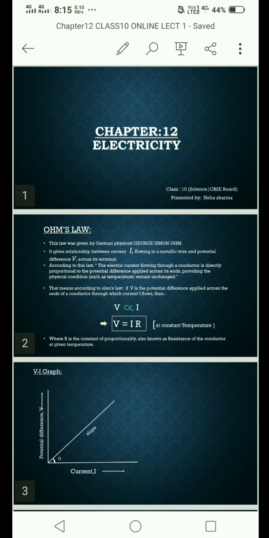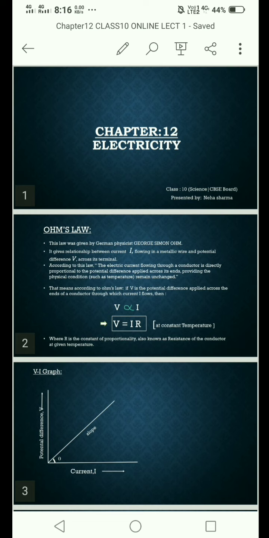So, in previous classes, what we have studied so far, I told you about what is electric charge and current, what is charge, how the flow of charge constitutes current, the formula of current, and the questions related to the current, number of electrons, the quantization nature of electrons, and the direction of electric current, what is ammeter, what is voltmeter. So all of these things we have studied in our previous classes.